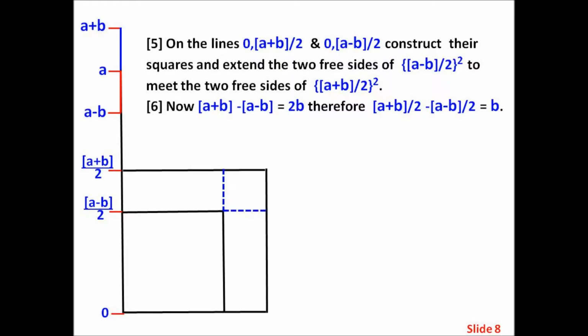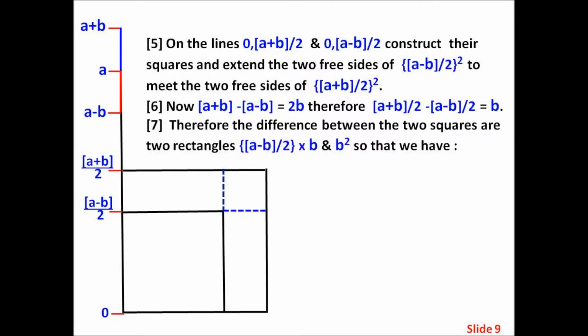6. Now A plus B minus A minus B equals 2B. Therefore, A plus B all divided by 2 minus A minus B all divided by 2 equals B. Therefore, the difference between the two squares is two rectangles, A minus B divided by 2 all times B, and B squared, so that we have